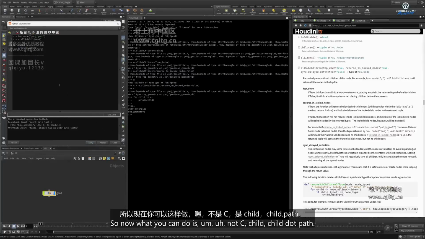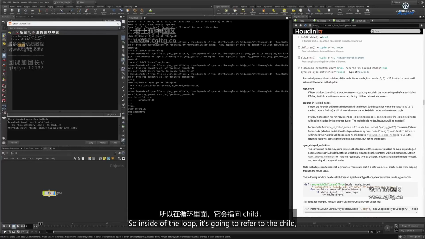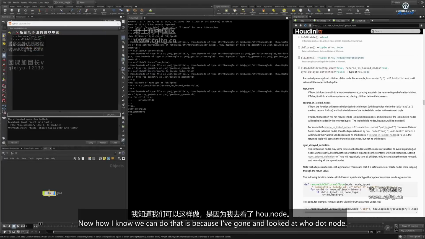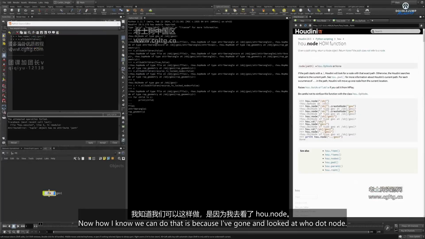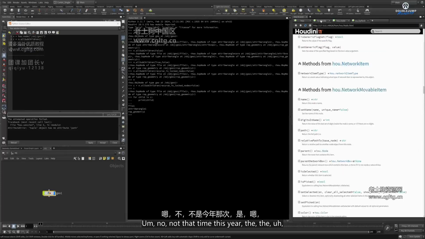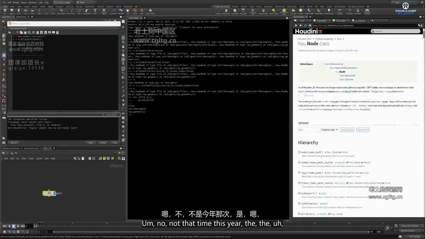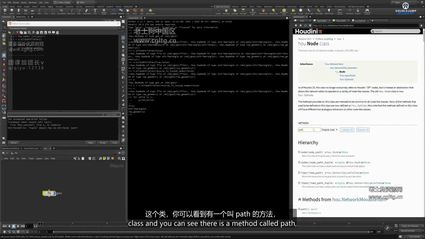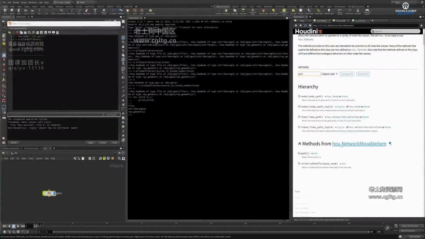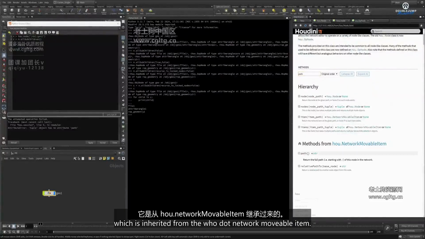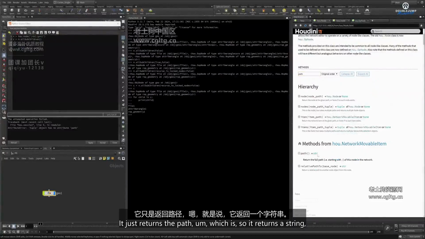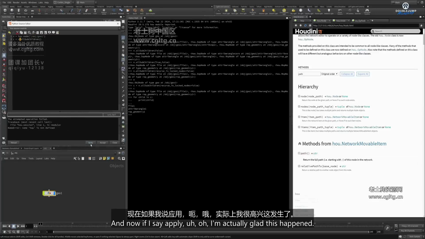So now what you can do is, not c, child dot path. Inside of the loop, it's going to refer to the child, which is each item in the list one at a time, say dot path. Now how I know we can do that is because I've gone and looked at hou.Node, this here, the class, and you can see there is a method called path, which is inherited from hou.NetworkMovableItem. It has no arguments, it just returns the path, so it returns a string, which is the path to that node. And now if I say apply,